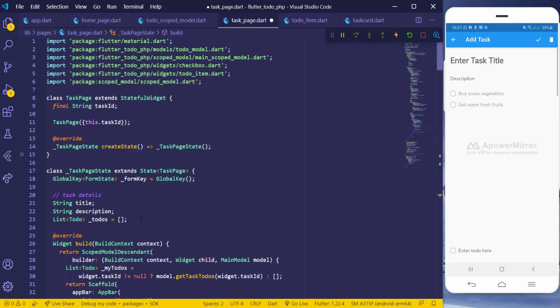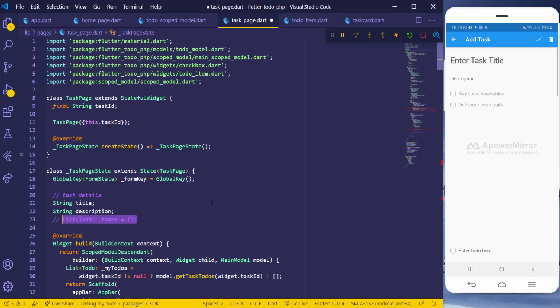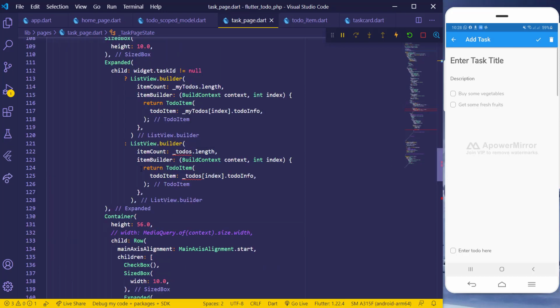When I come up here, you see we have this thing here. So what I will do is comment this line, so that I'll get the errors and then I can trace where I have to go next. So this time I want to create a list of strings, and I want to call it todoInfos. Then when I come down here where I have the errors, this time I'm not going to